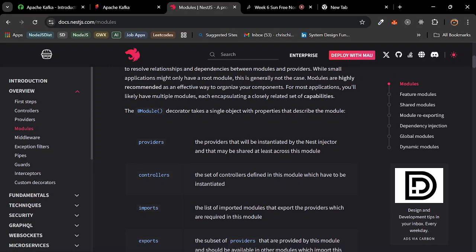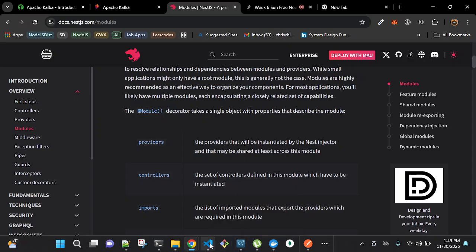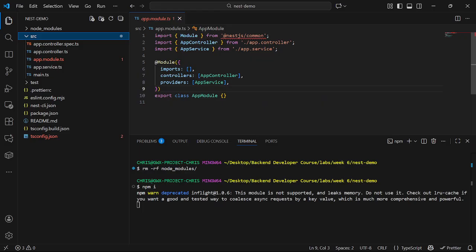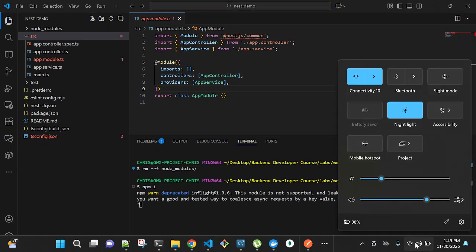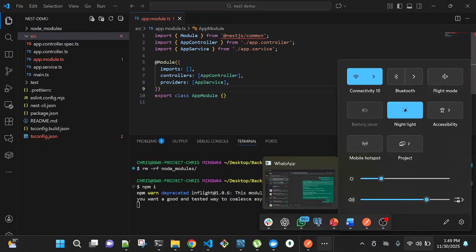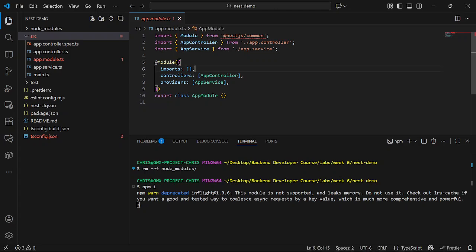It says the module decorator takes a single object with properties that describe the module. If we go back to the code, this is the module decorator. It takes a single object, right? These are the properties of the object. You have the imports, the controllers, and the providers, right?